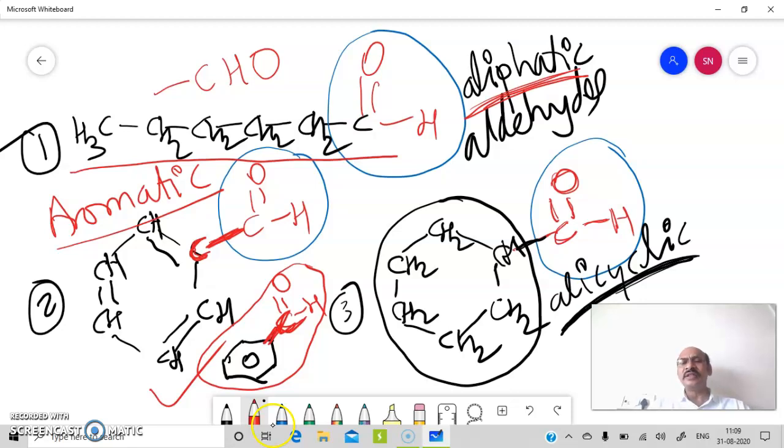So here again a ring structure, but having no aromatic character, and to that ring structure, if an aldehydic group is directly connected, then the aldehydes are called alicyclic aldehydes. They are also called cycloalkyl aldehydes. So it is about how to classify them. So remember the aldehyde group and remember the carbon skeleton, and on the basis of this